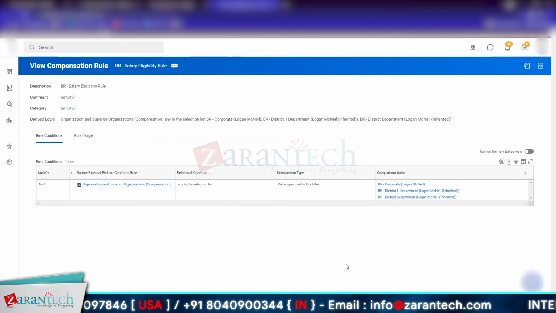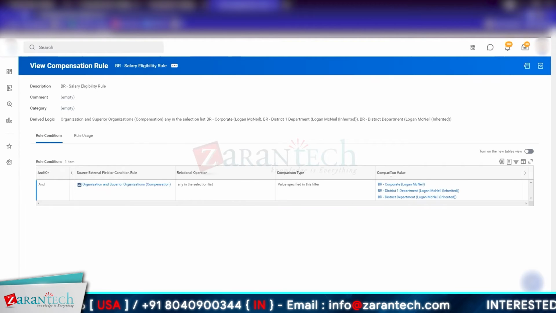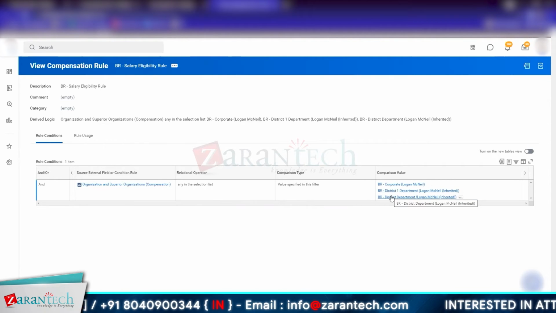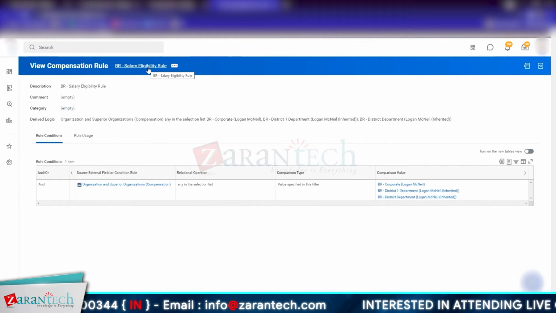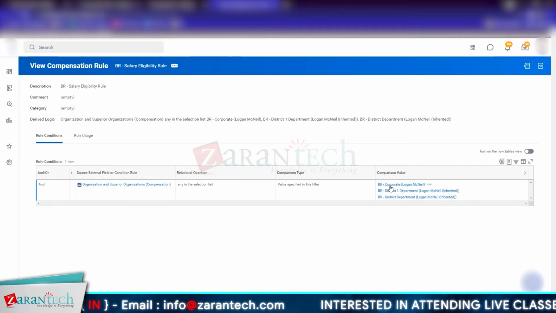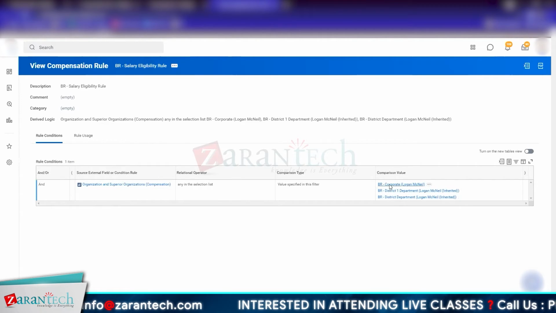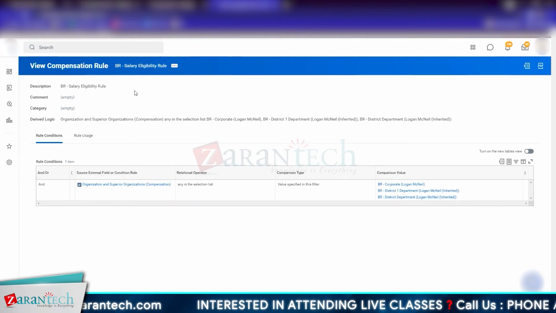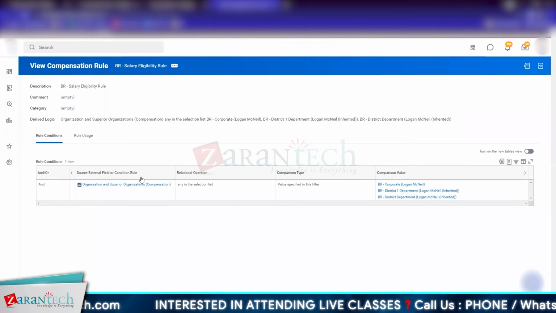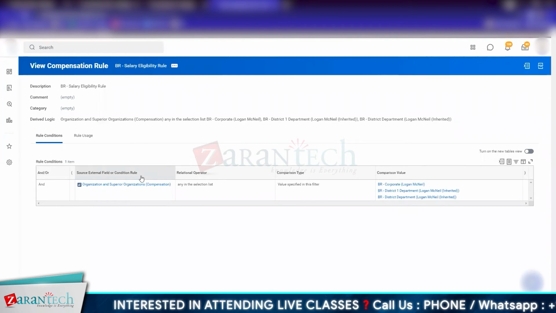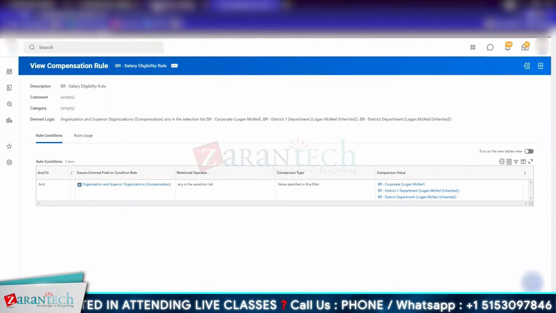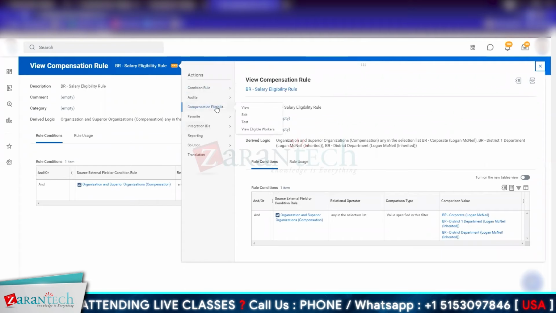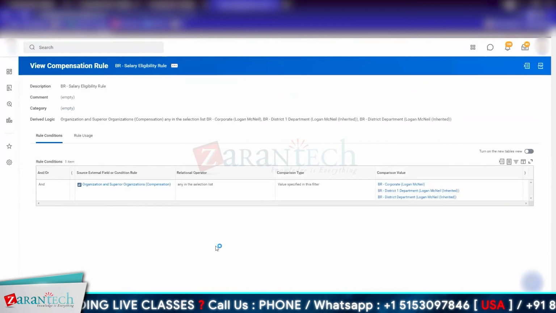So I would like to select which organizations can be part of this rule, which is say BR salary eligibility rule. And here we have a list of names of departments that are eligible for this salary eligibility rule for this compensation plan. So whenever you create a rule or a condition within Workday,